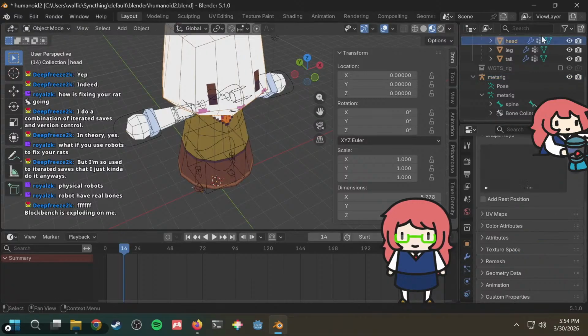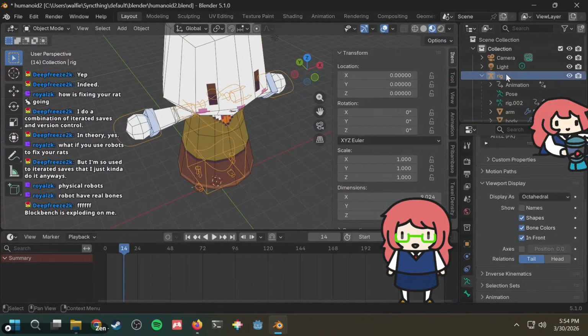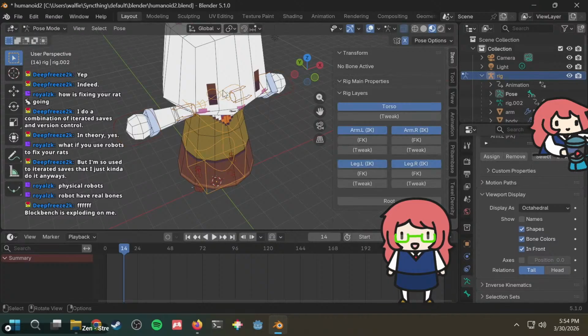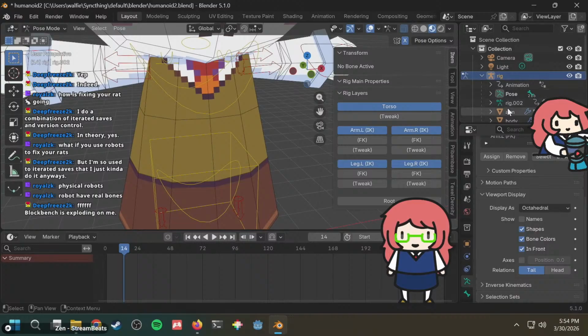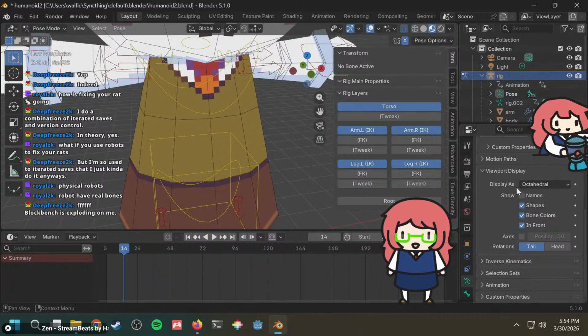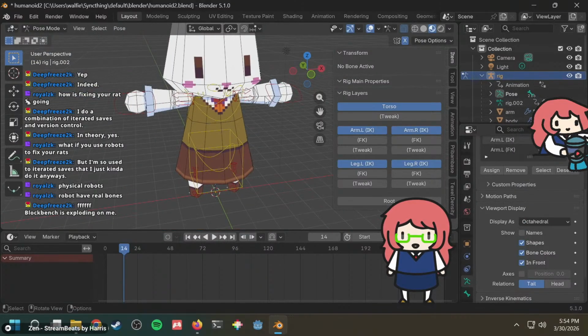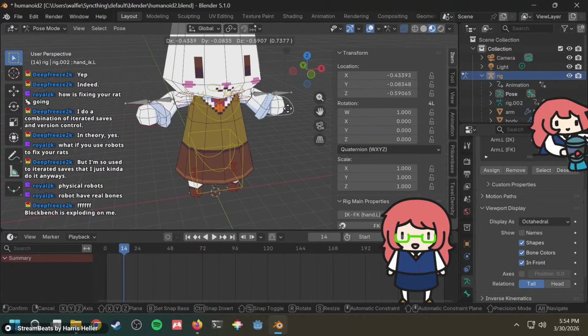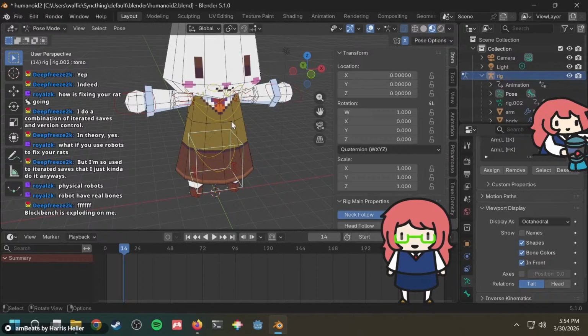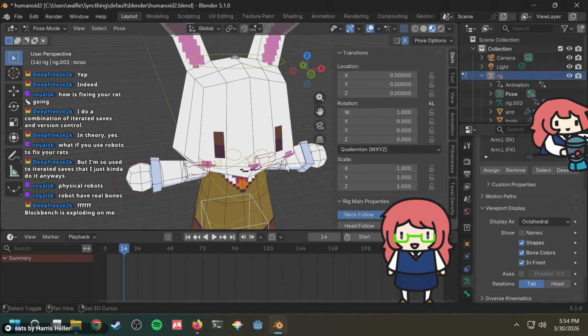You want to go back here to this rig. Pose mode. So where are the bones though? What happened to the bones? Oh wait, it works. Wait, hold on. Why did this work? Hold on, I want to see the bones. Everyone, where are the bones?